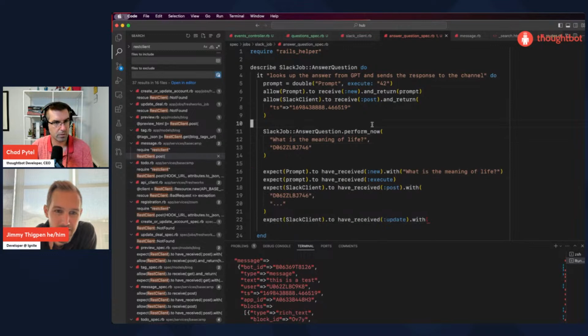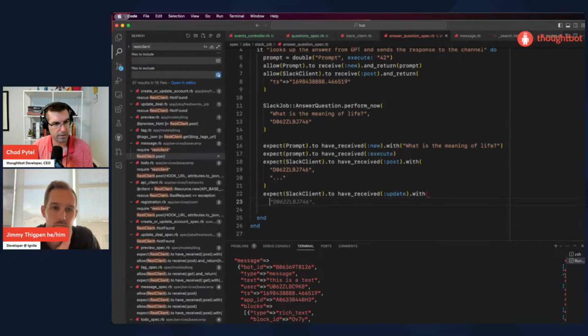Okay, so now we're saying when you call Slack client with post, you're gonna get a response, and it is a hash that includes a TS key with a timestamp. Okay. And then what we're gonna do is call update with the channel and the timestamp and then the body.